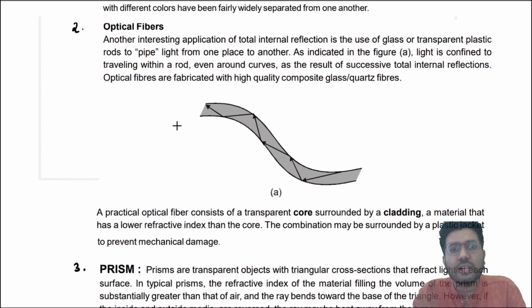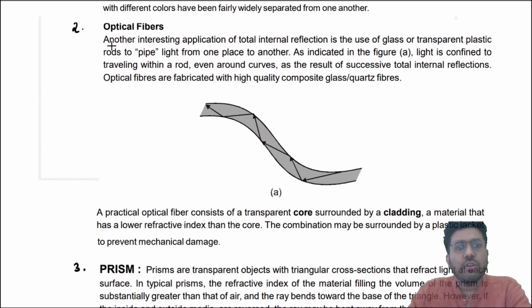Because if there is a total internal reflection, in that case there is minimal loss of signal, because total means what? All light is getting reflected. So whenever you make an optical fiber, you design it in such a way that whenever light is striking the surface, or any electromagnetic wave is striking the surface, it is striking at an angle which is greater than the critical angle. So when the light is falling at an angle greater than the critical angle, in that case what will you say? You will say that the light is getting reflected instead of refracting from the outward surface.